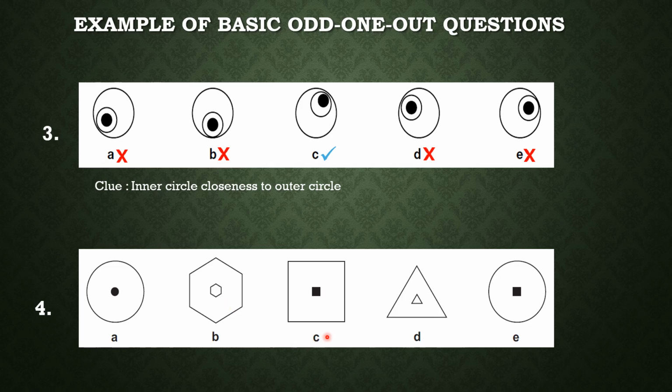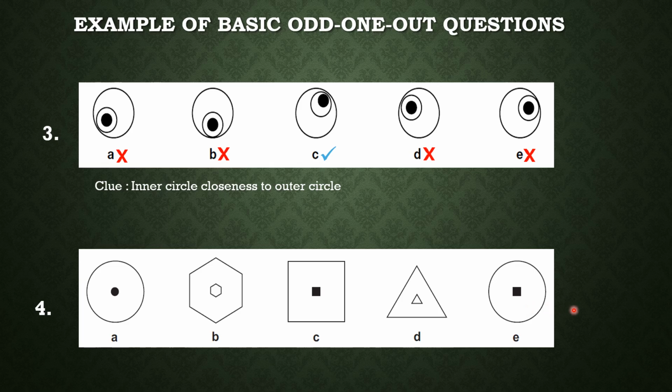Then we see option C, which is a square, and the inner shape is also a square with dark shading. Option D is a triangle and the inner shape is also a triangle, and option E is a circle and the inner shape is a